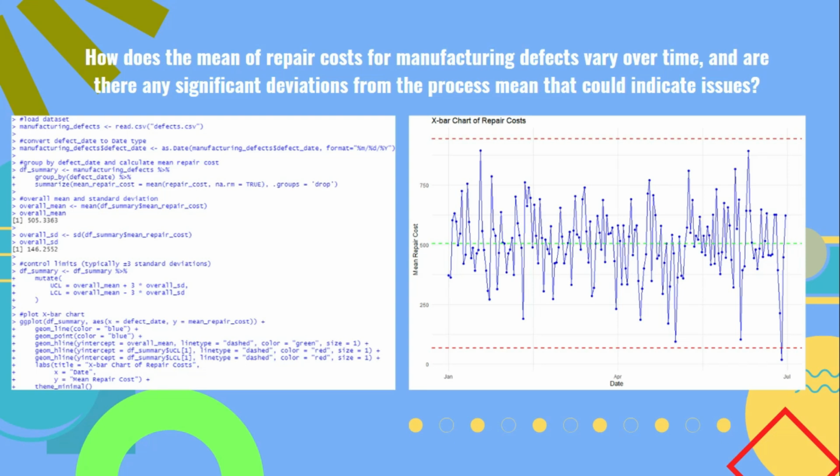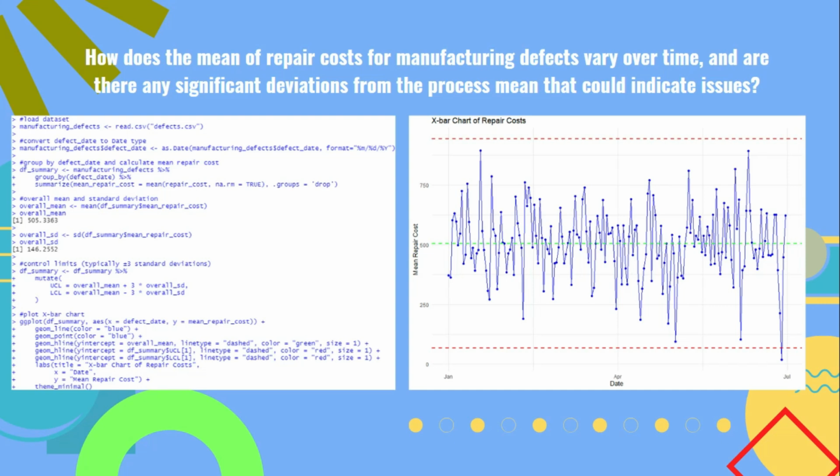So here's the overall results. My question is, how does the mean of repair costs for manufacturing defect vary over time, and are there any significant deviations from the process means that could indicate issues? So this is a statistical quality control using an X bar on the right side, and on the left side I calculate the mean, which is 5.05363, and the standard deviation, which is